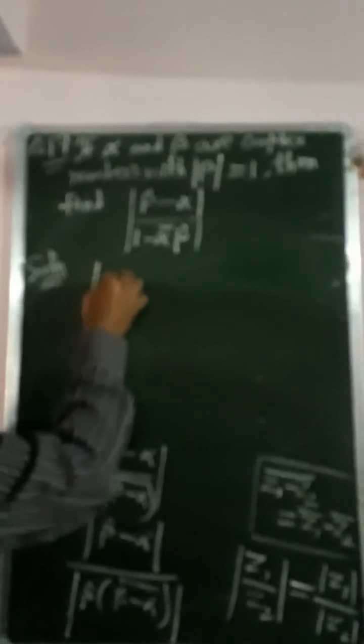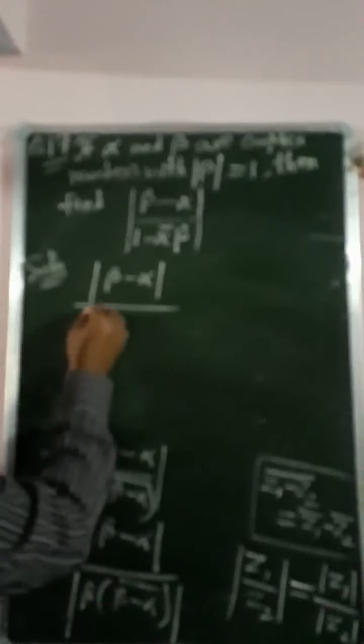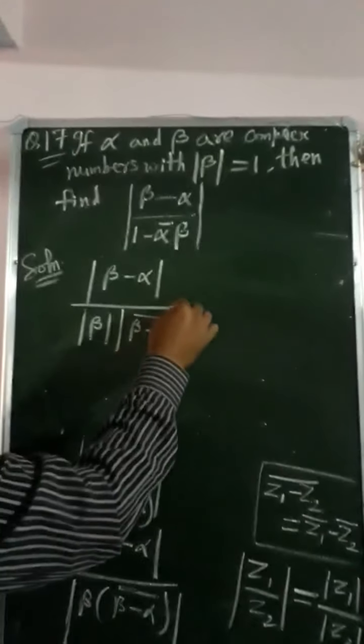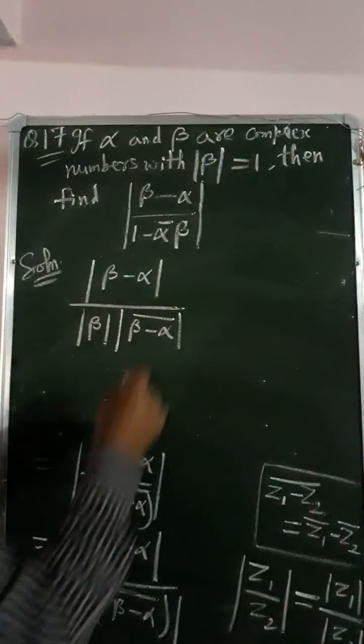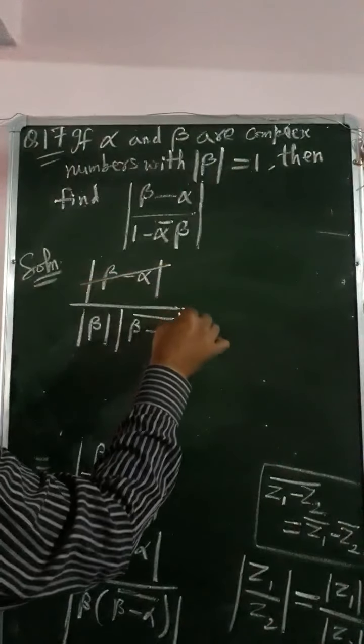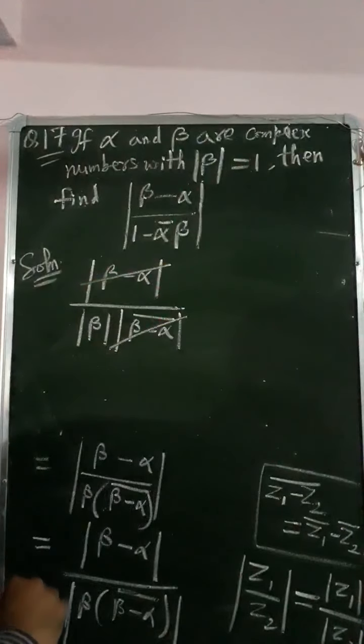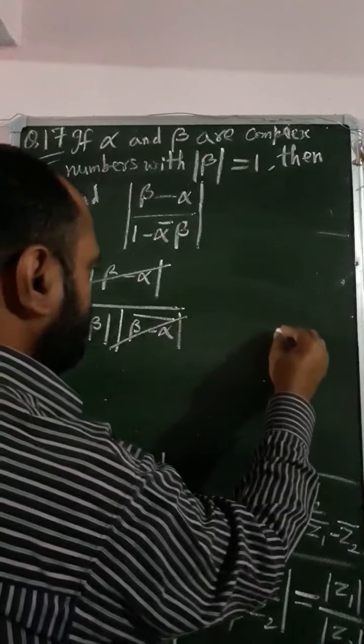This is beta minus alpha mod over, now one more property, beta into beta minus alpha whole bar. I am separating this beta mod into beta minus alpha bar mod, right? Now this is cancelled out. Why is this cancelled out? Because